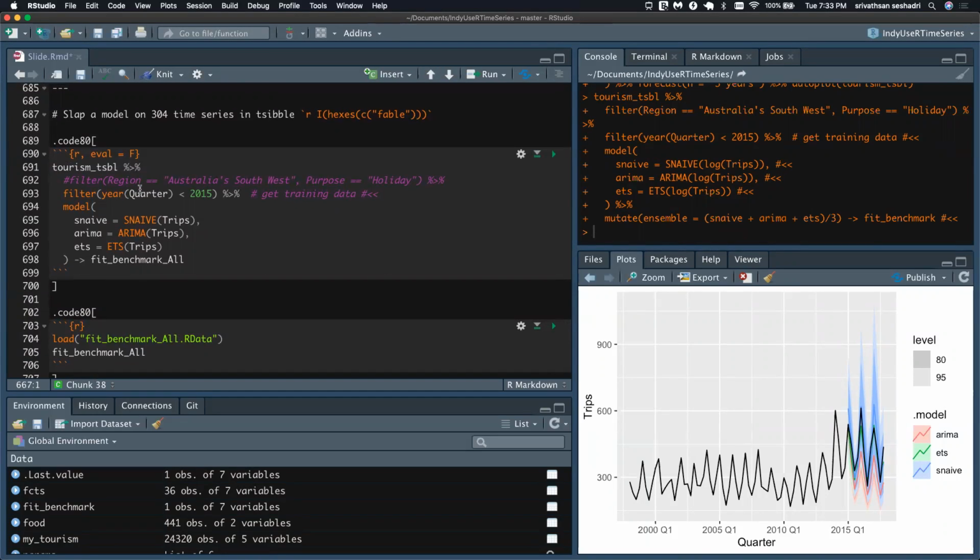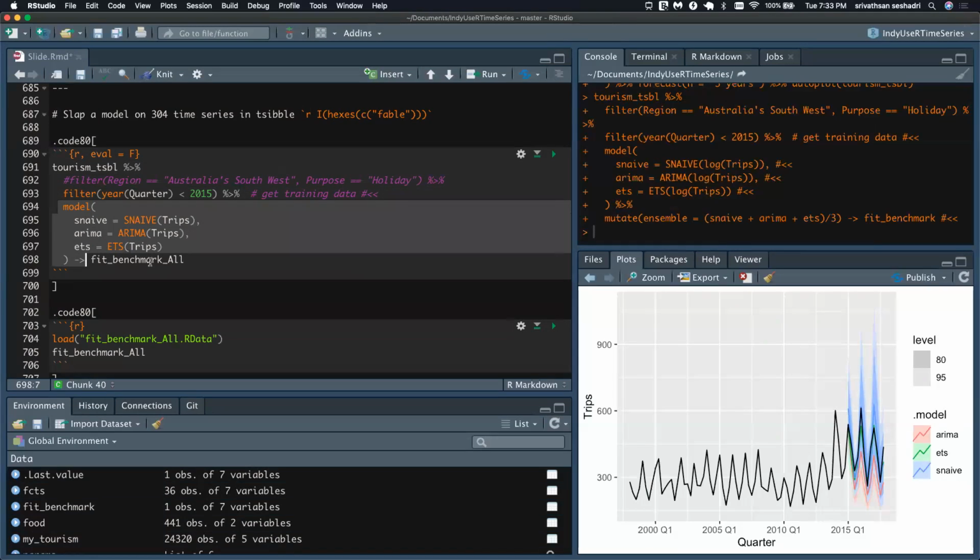This is another cool feature. Let's say I have a block of models and I want to try 4 or 5 different models for all the 304 time series. I have to pass in the entire symbol, then filter out the training set and simply plop in the model. It'll benchmark it, it'll fit all the time series, right?